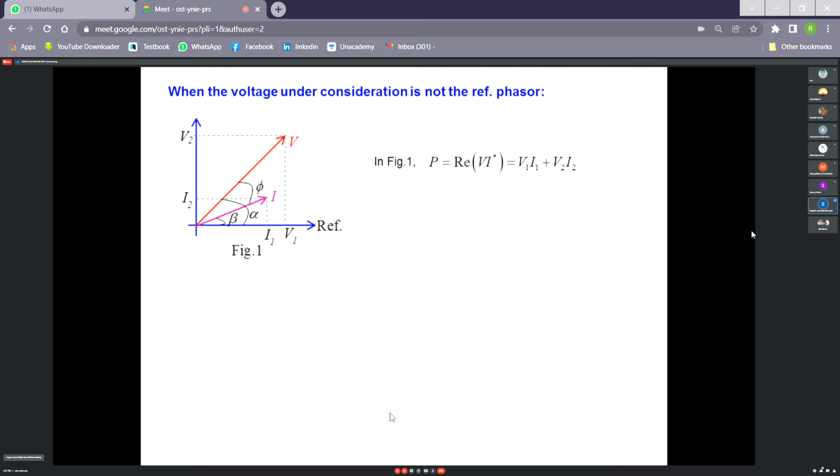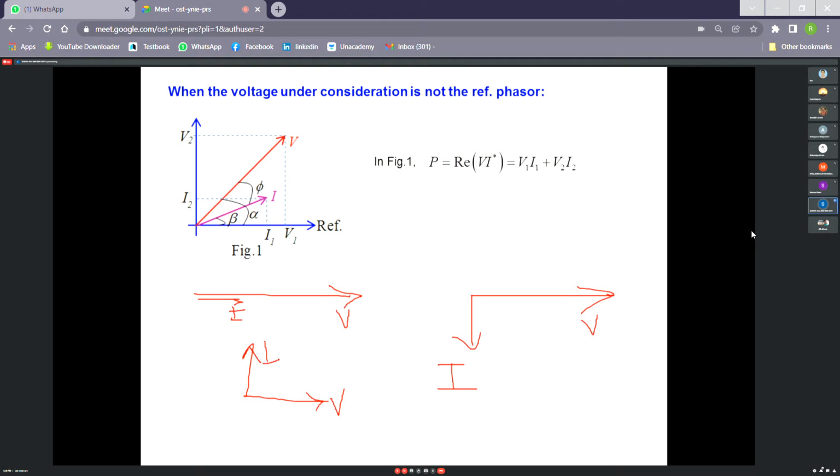One thing you know, the in-phase component of voltage and current always produces active power, because a resistive circuit means voltage and current will be in the same phase. Inductive circuit means voltage and current will be 90 degrees out of phase and current will be lagging. Capacitive circuit means if voltage is the reference, then current will be 90 degrees leading. These three types of things are available in the AC system.